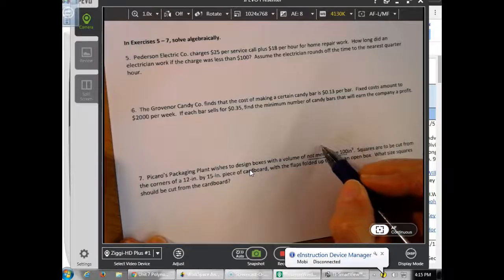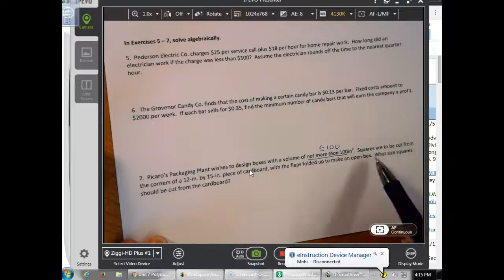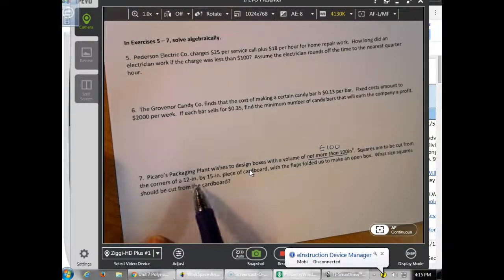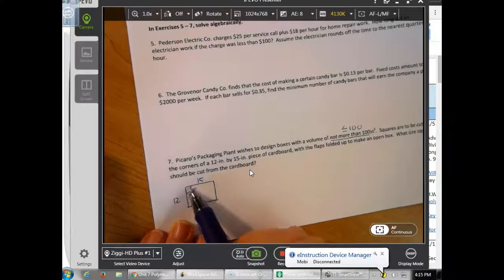So that means it has to be less than or equal to 100. It cannot be more than 100. So squares are to be cut from the corners of a 12-inch by 15-inch. So I'm going to draw a little sketch here. So 12 by 15, and then squares, meaning all the dimensions are going to be the same for all 4